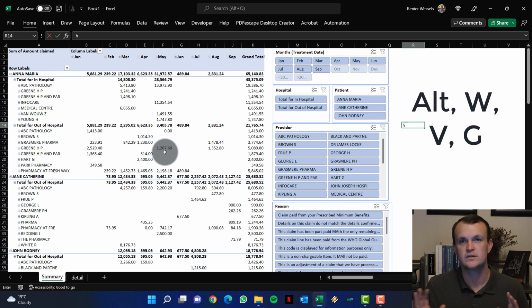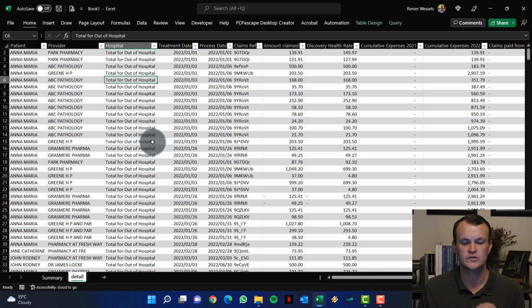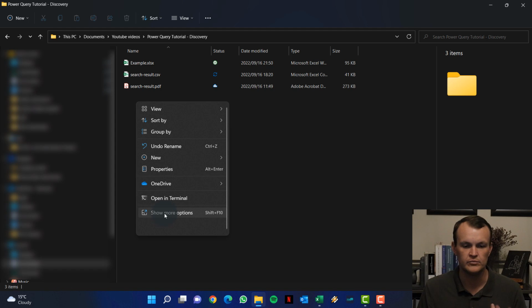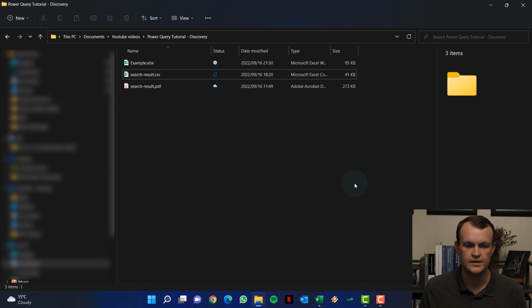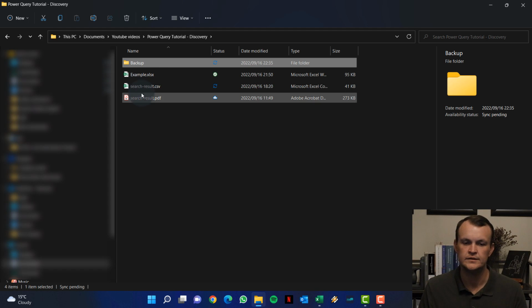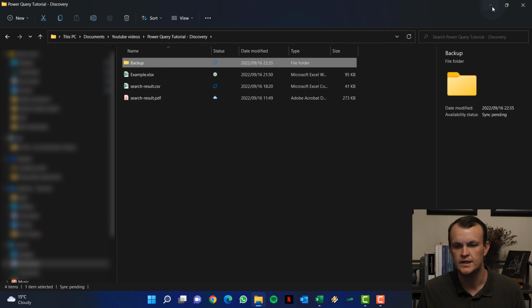And I'm ready. So now what's amazing about this is next month, when the next claims have gone through, I can just go and download the same source file. My source file is called search_result.csv. I make sure that I replace this one. I can just maybe create a little backup folder and say this is backup, and then I can drop this one into my backup folder, give it a date range just for backup, save this one out, and if this one replaces the other one and it contains 10 months of data in this case,